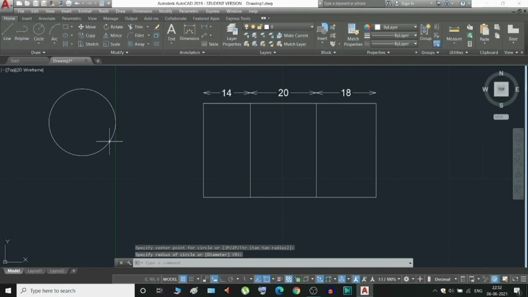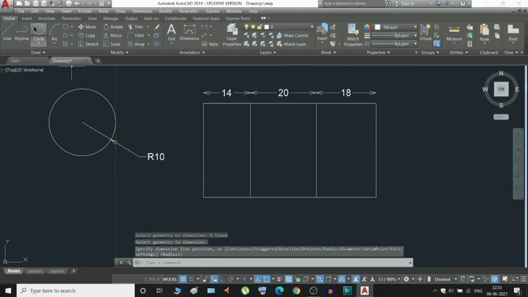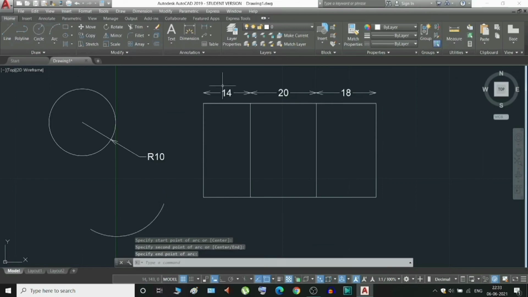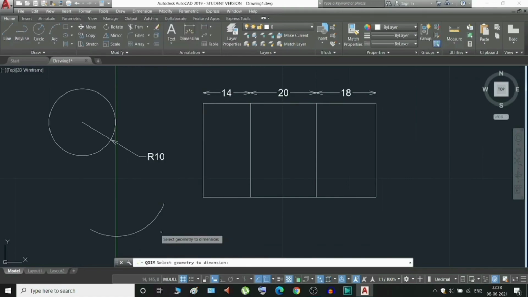Like for a circle, if we select the quick dimension, then it will give us the radius, and for an arc like this, if we select the quick dimension from here, select the arc, and press enter.